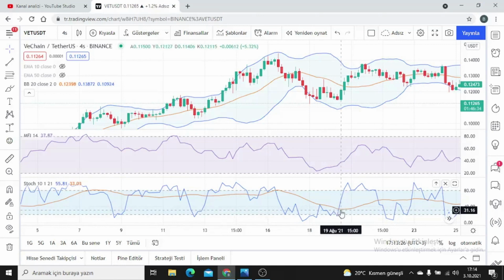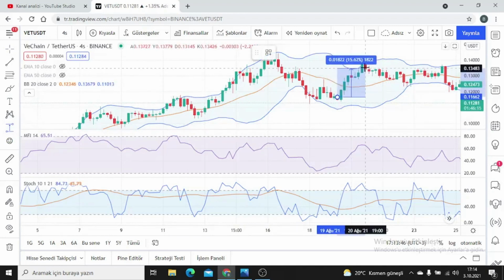Stochastic is producing a buy signal here, as you can see, right here, guys. Because now the stochastic moves up and intersects the D value here. It produces a buy signal. Meanwhile, our MFI indicator is also up. It says there is a flow of money and buyers are multiplying. And we confirm the price here and enter the transaction.